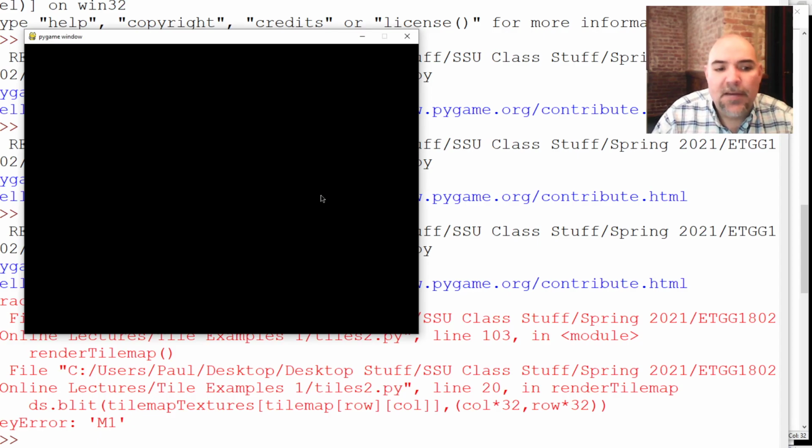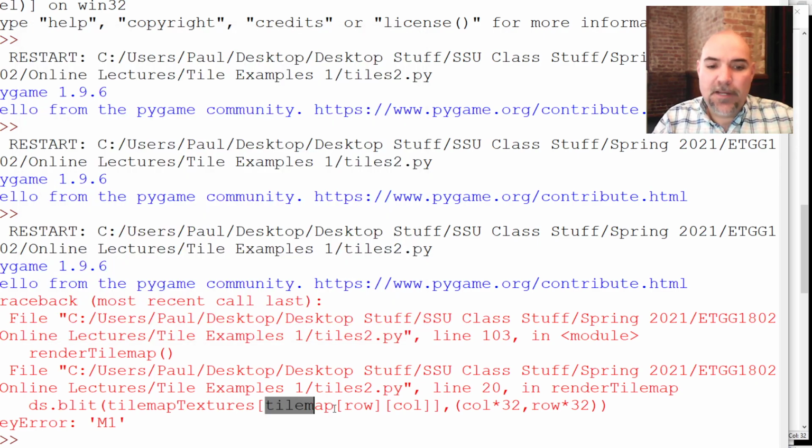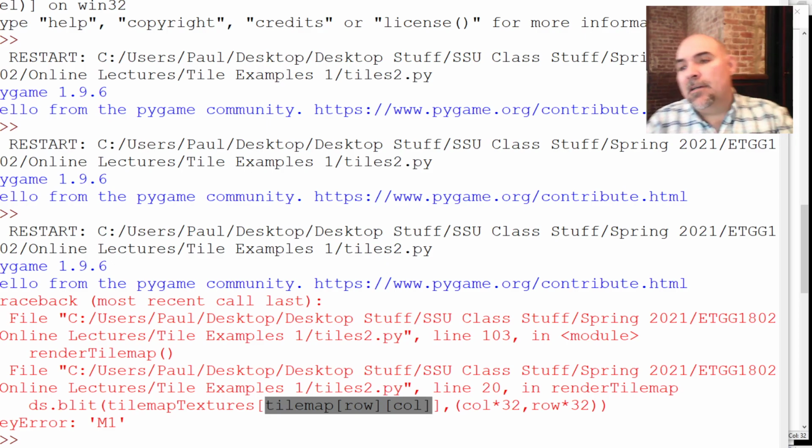Well, what happens right now is we get a key error because it tries to look up M1 in that dictionary, and it doesn't find M1. It doesn't have that in the dictionary. We never defined that. So one of the things that I want to do before we finish completely here is